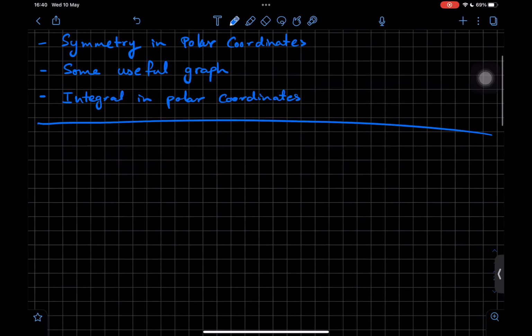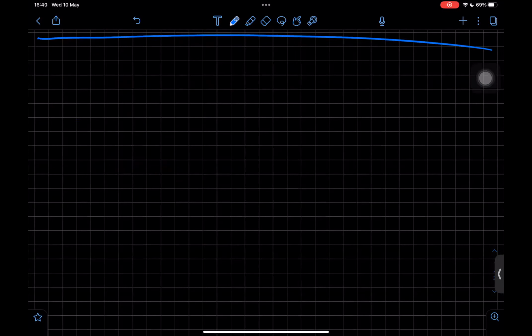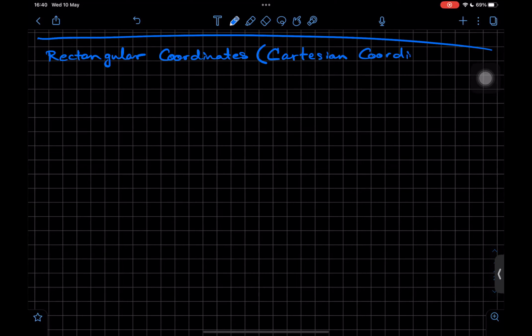Okay, so when I review the rectangular, or I'm not sure whether your lecturer is using the rectangular coordinates, or they call it the Cartesian coordinate. Okay, it's the same, right? It's just the